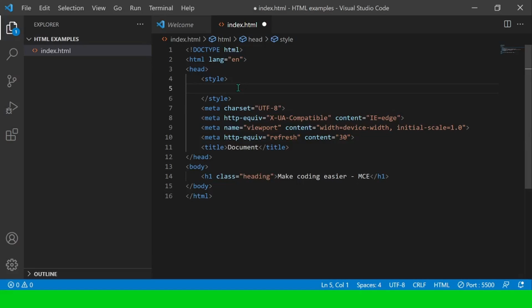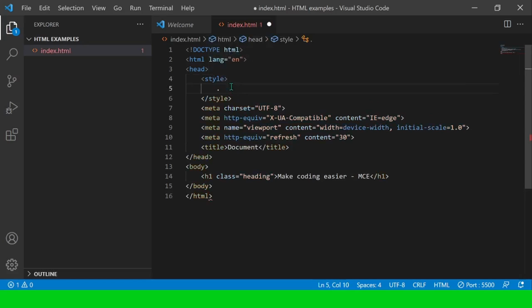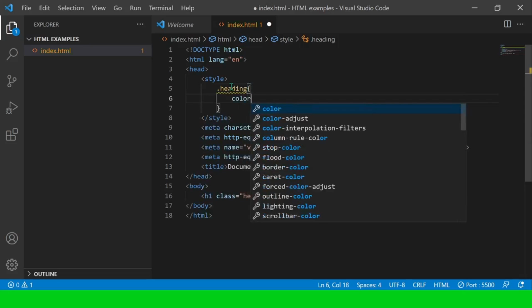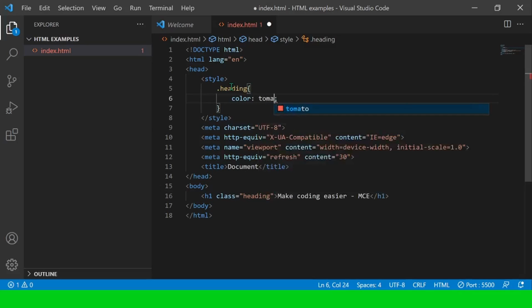So we'll start this with a dot. Dot stands for class, heading. So the text or tag which is in class with heading should have these properties, which is color, and it'll be tomato.